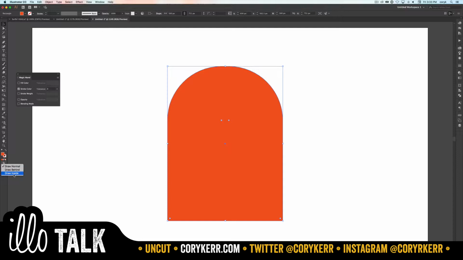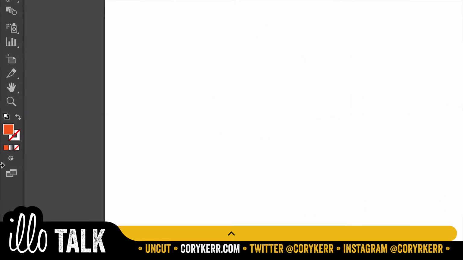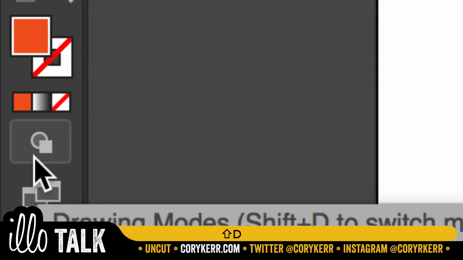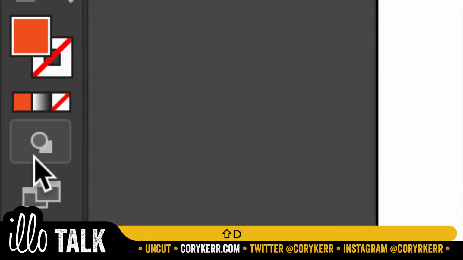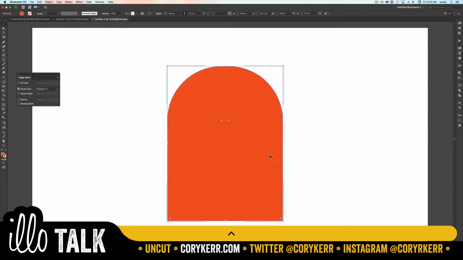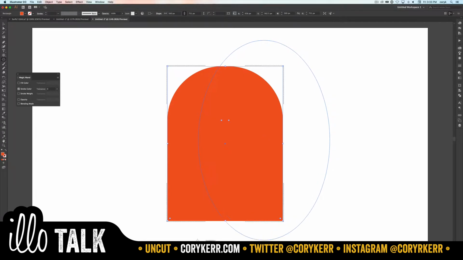You can also press Shift D. And so if I zoom in on this, you'll see this little circle changes, and I can press Shift D, and you'll draw normal, which is in front, or behind, or inside by pressing Shift D. Okay, so I'm going to draw inside, and then I just take any shape tool or any drawing tool,